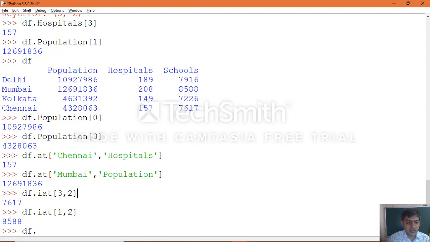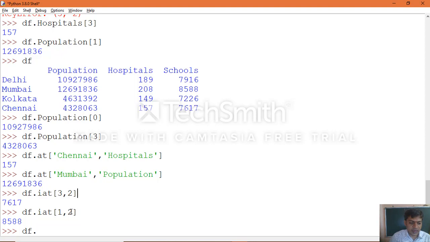But here we did not apply it the way iloc works. This is for direct index numbers to get the specific value. That is what you need to understand about iloc, integer location, and integer position.